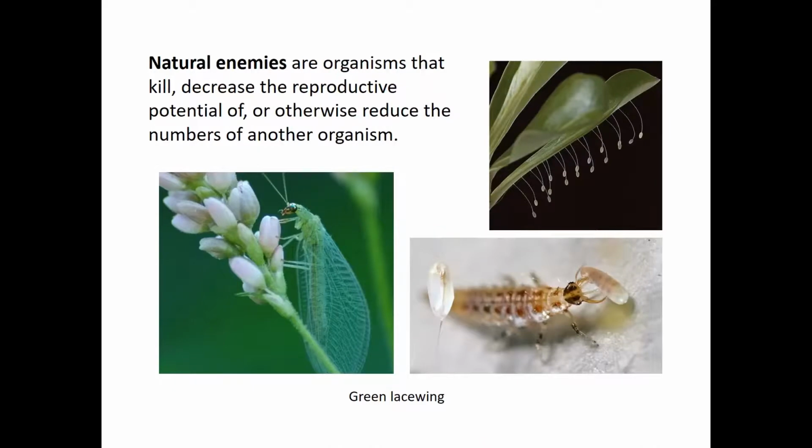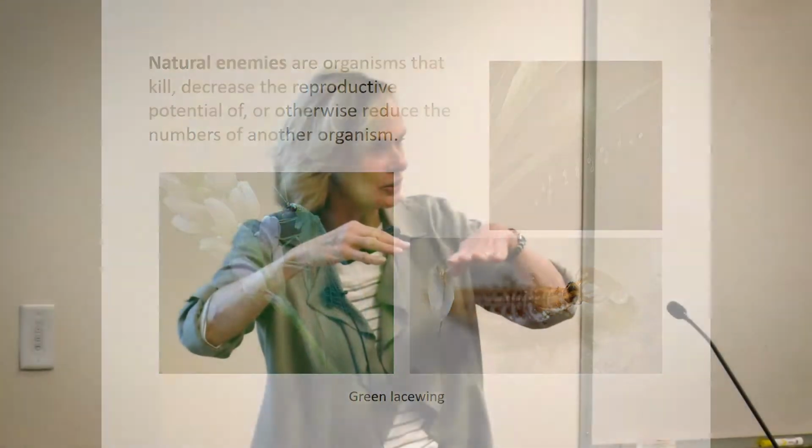And so that's the larval stage. Here's the eggs. Because they're such voracious predators, the female creates the little stalks here and lays the egg at the end of the stalk. Otherwise, if all the eggs were right on the surface of the leaf, the first one to hatch would turn next door and eat all the other eggs, right? And so by having this kind of distribution, that's how they avoid the first hatchling eating all